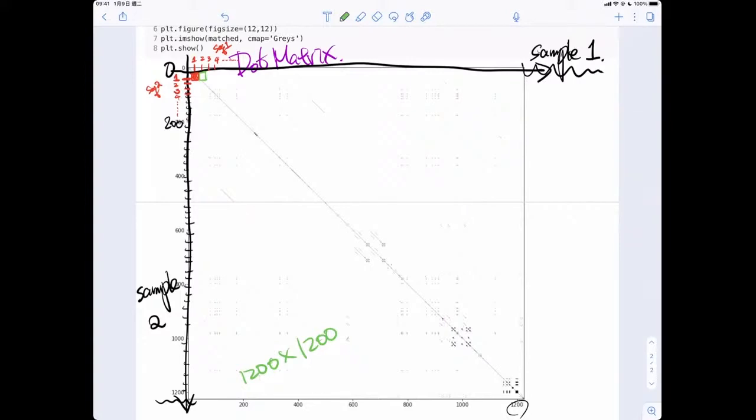If they are the same, then you plot a dot in that cell. If they are not the same, then you leave it blank. 好，所以在这个平面上，它应该就是1200乘1200个格子，然后你就去看那个格子的纵轴跟横轴是不是同一个 event，是就画点，不是就留白。